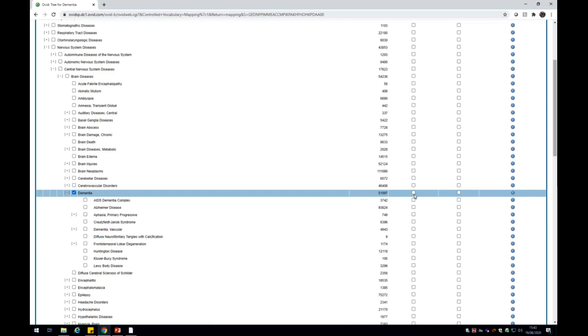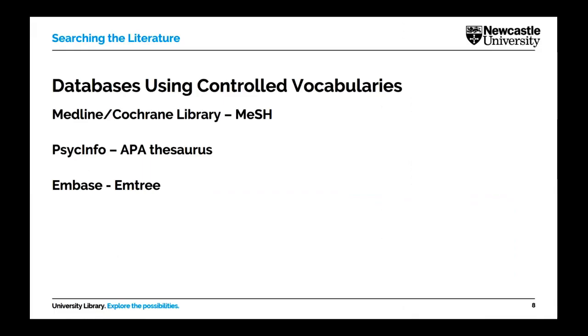Now, if I want to include all of these terms, I can explode and include all of these narrower terms or diagnoses in my search, but I can also select from the list the items that I'm interested in. In this way, I'm really forced to think about my search and select those terms, those diagnoses that are actually relevant to my search.